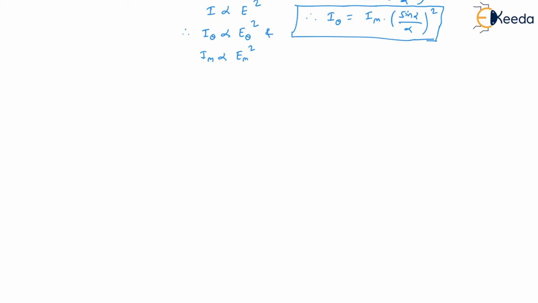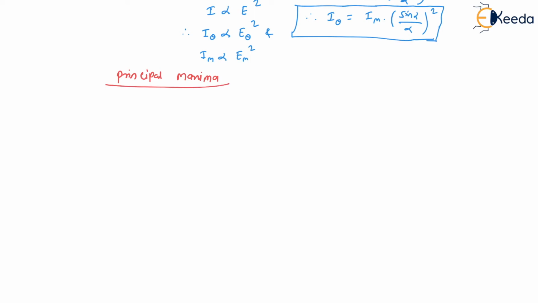Now we'll see how the bands are obtained on the screen, or what is the condition for minima and maxima. First of all, we will find out when there is a principal maximum, we say that at point P naught we get a principal maximum. So here this is principal maxima. Now see, principal maximum means when we get the maximum point.